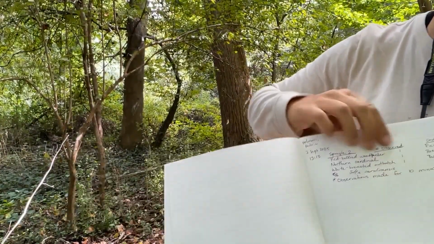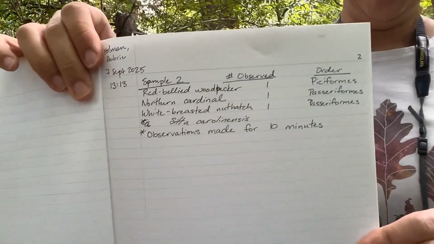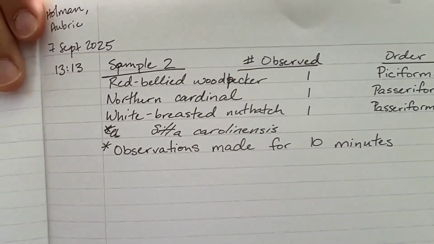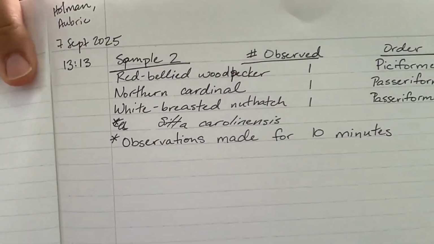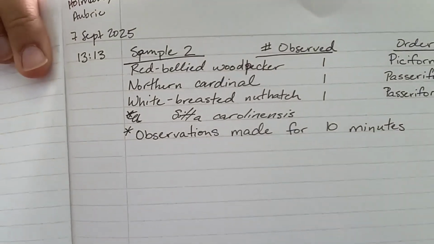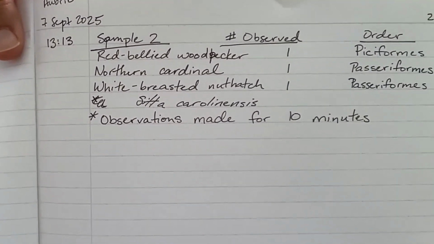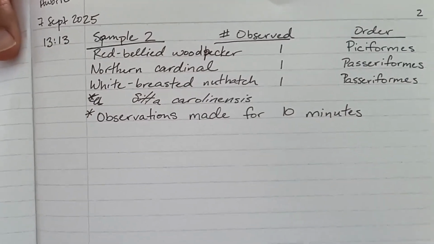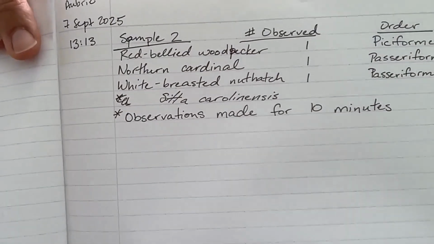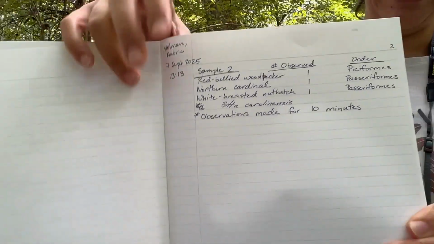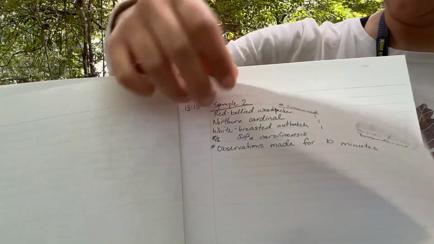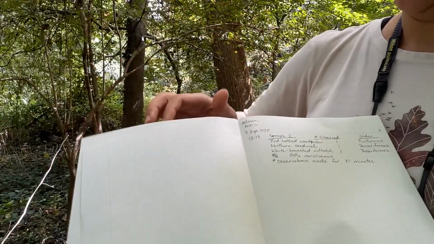All right, so I have completed my observations. I had to start a new page, still with my name, date, and page number. I marked how long I made observations. I'm sticking with recording the orders. I did not observe many birds here, but I did see one new one, so I've got its scientific name noted. And then if you go back to the first page,